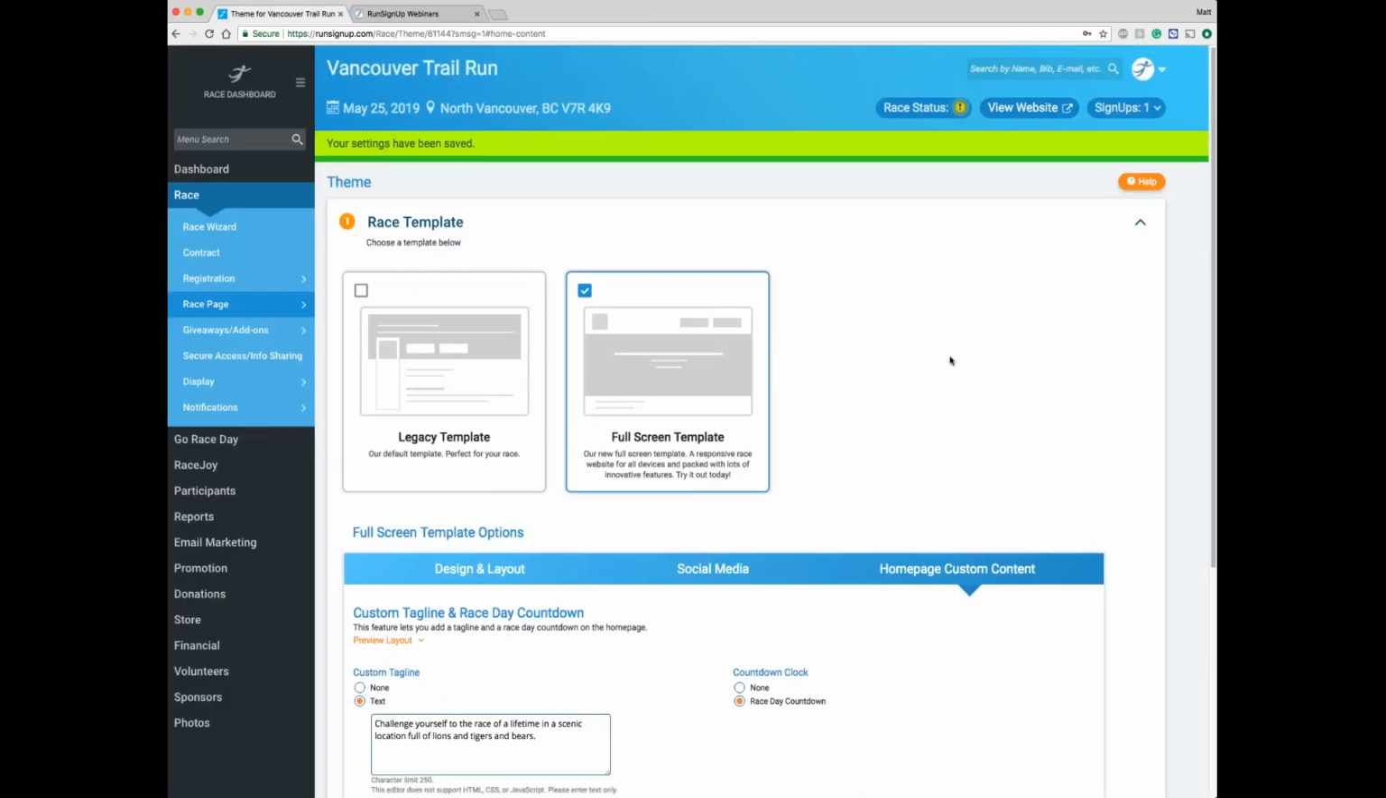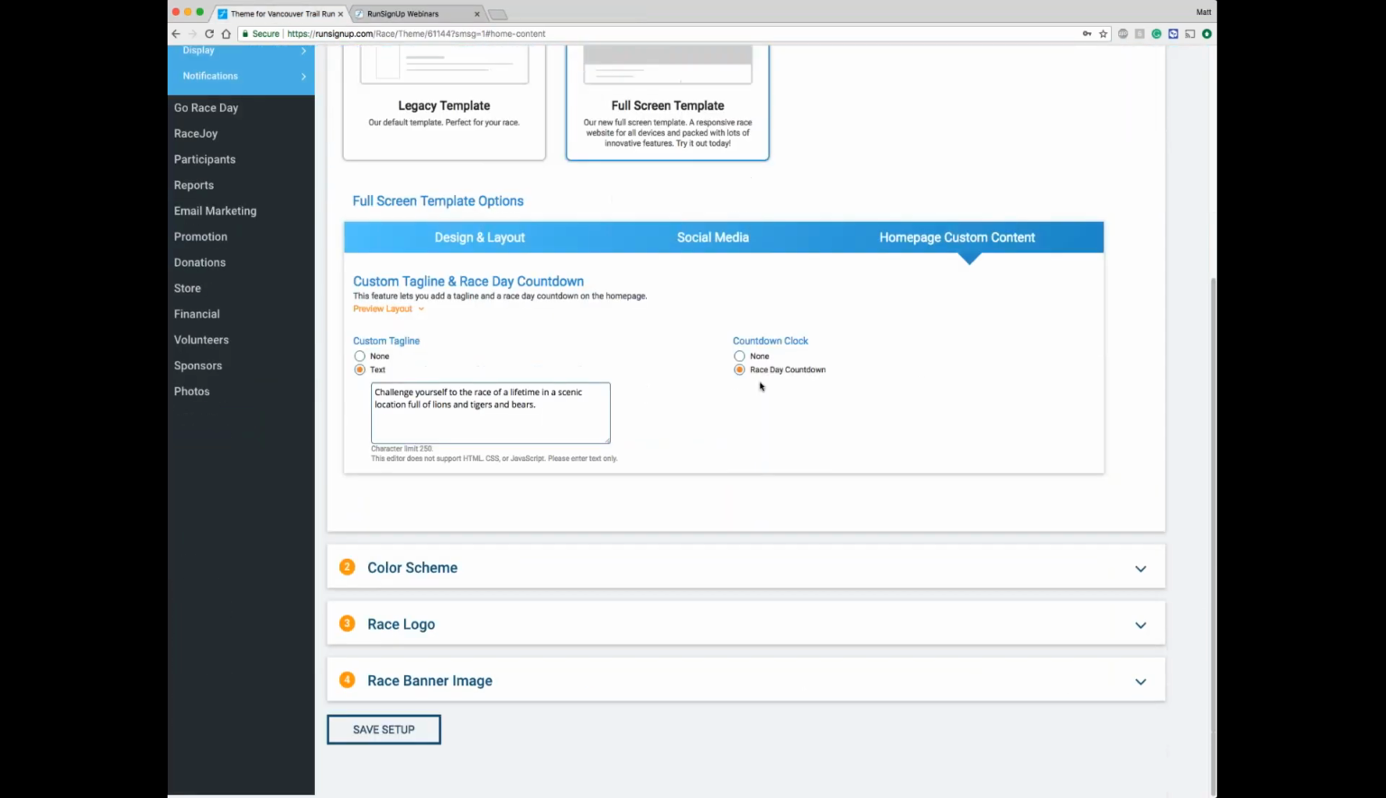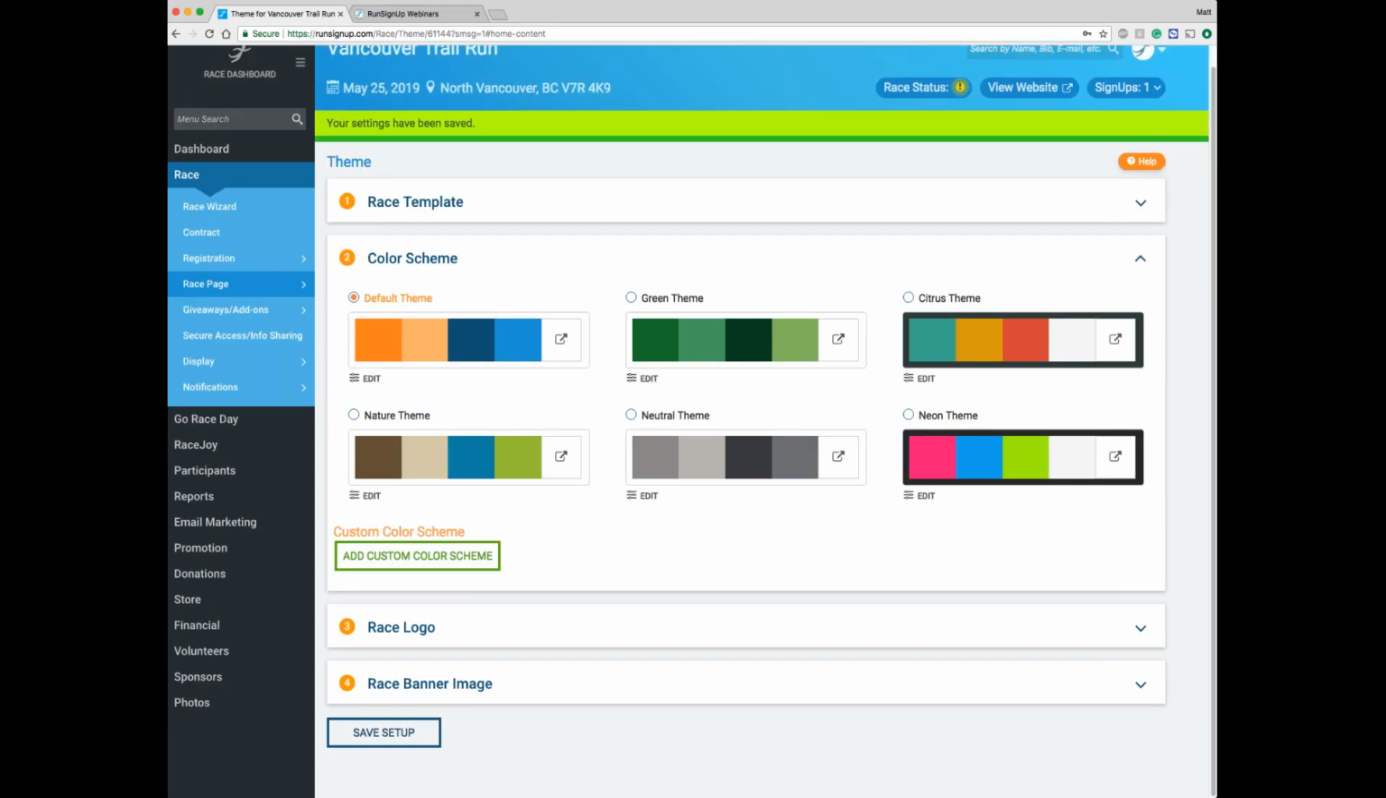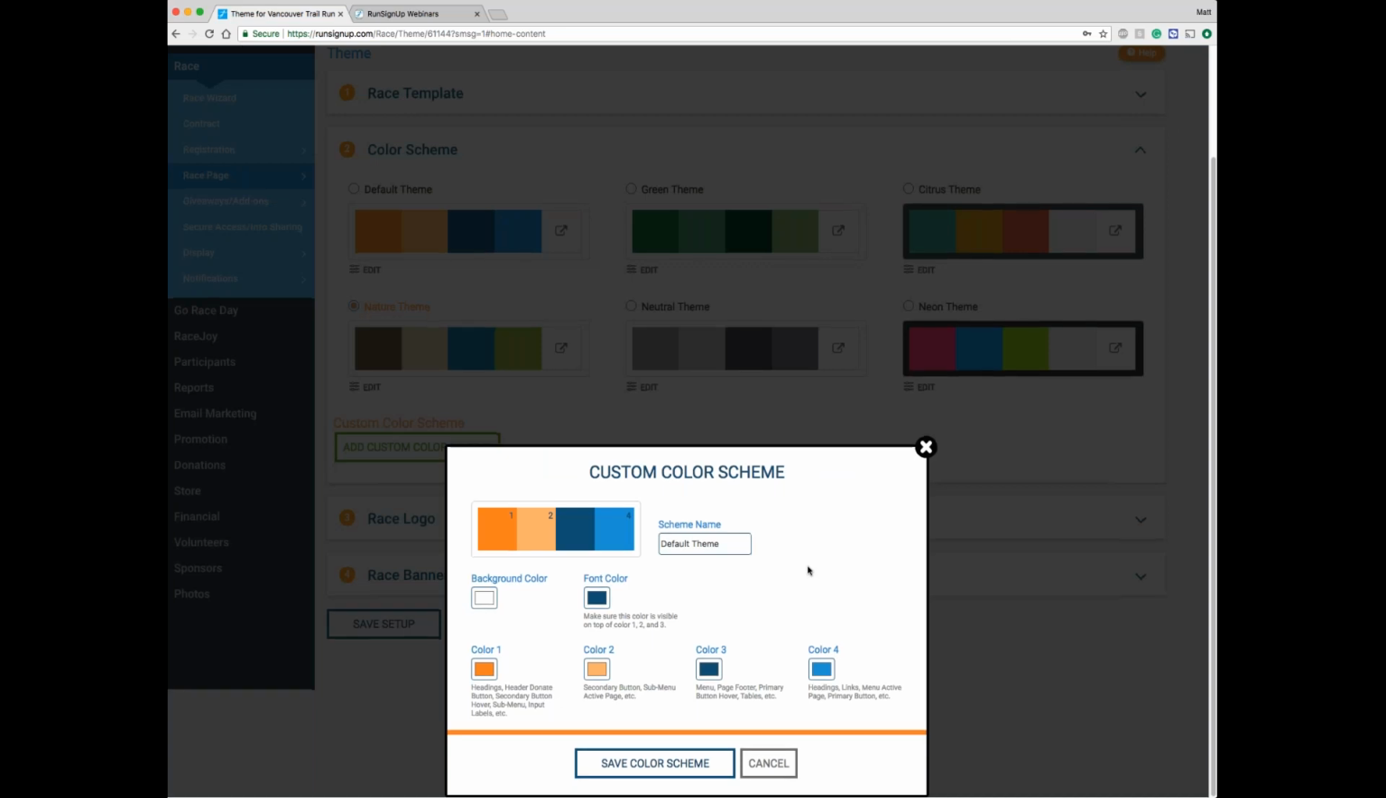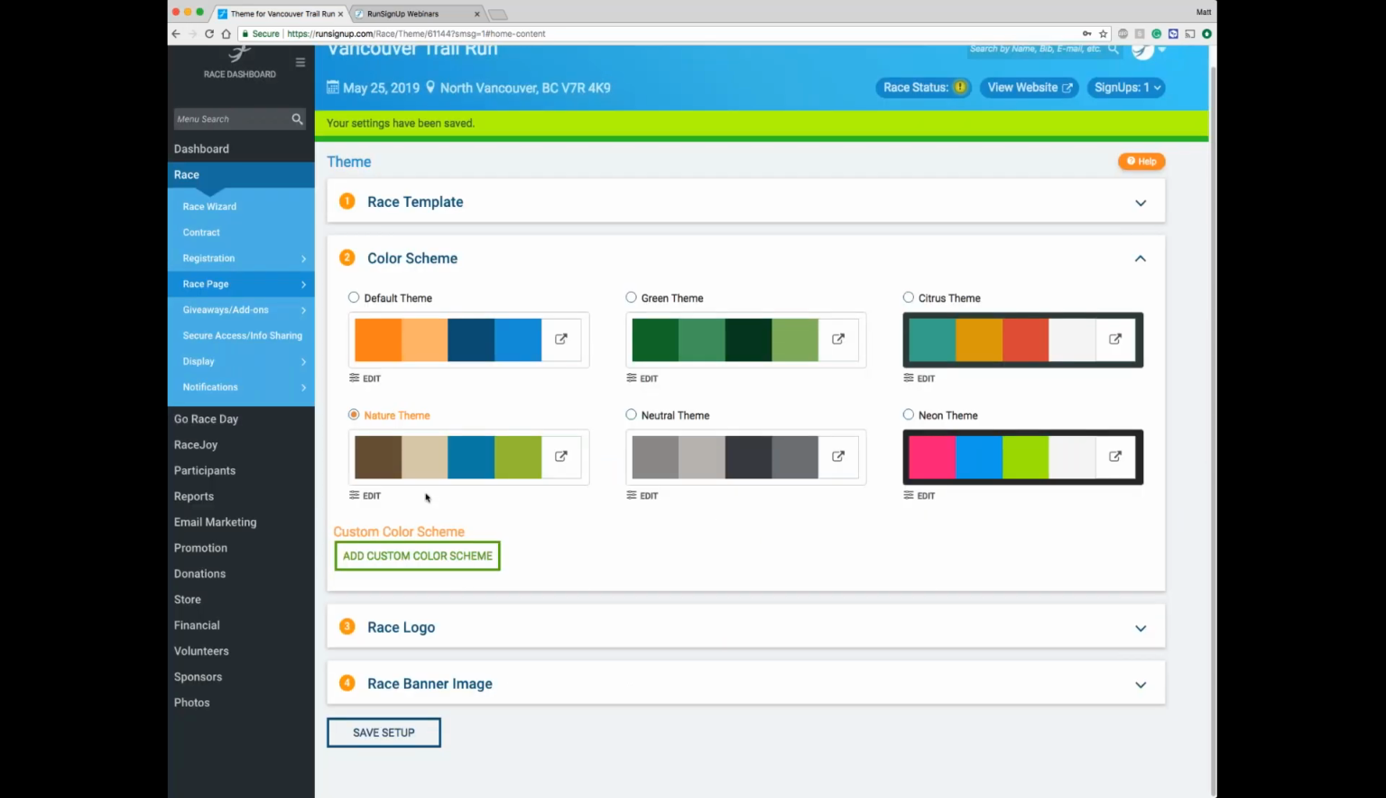Again, we'll tab back, and the next section we'll cover is the color scheme. So our default color scheme on RunSignUp is orange and blue, but that really doesn't fit the theme of this race. We're running out in the trails, so I'm going to choose the nature theme here, just to give it a different look and feel. And you can always add your own color scheme depending on your race logo and your colors. We have some color pickers, so you can actually even get the HTML code and plug it in with whatever colors you need. So for this purpose, we're just going to choose the nature theme and go ahead and save